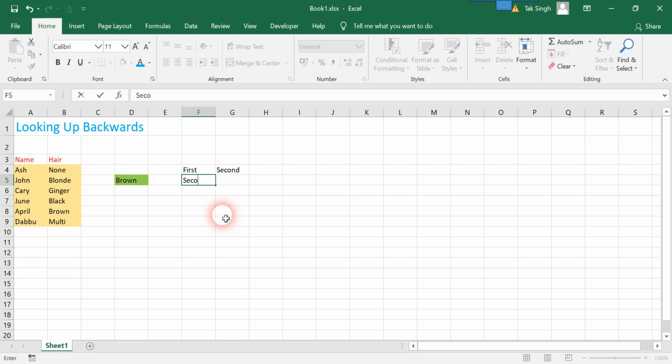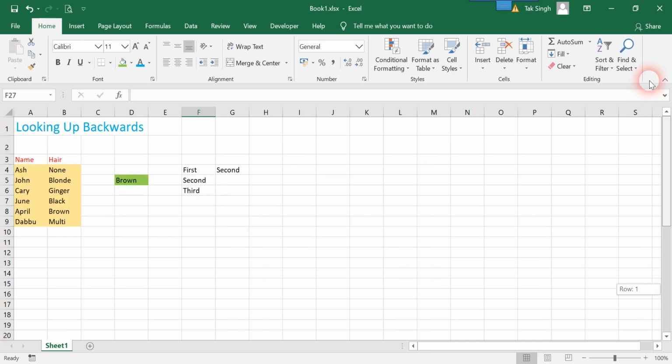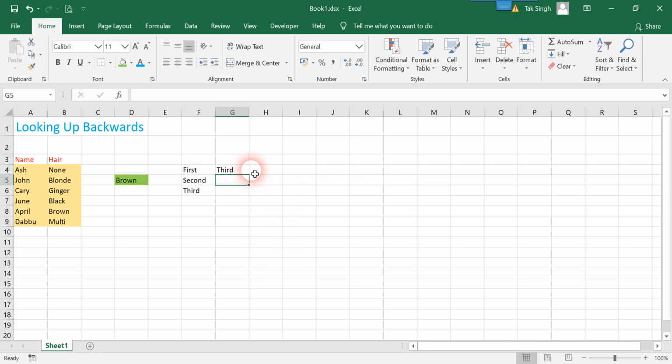You can say these are a set of cells, and instead of typing the string inputs, you can pass these as the arguments and change this to 3. So this should now return third. So this is how our CHOOSE function works.